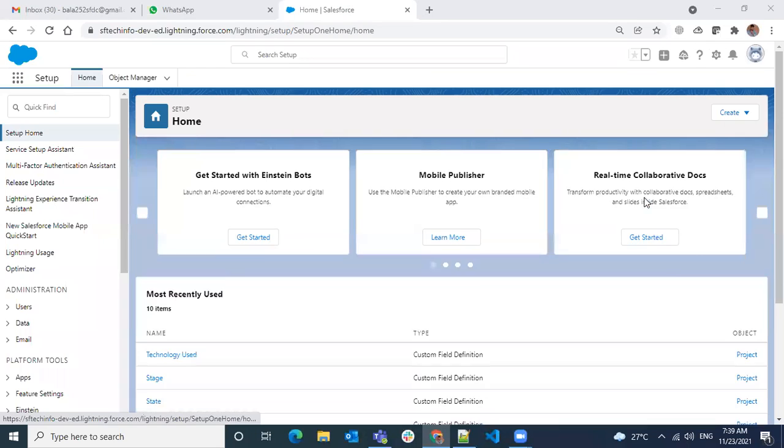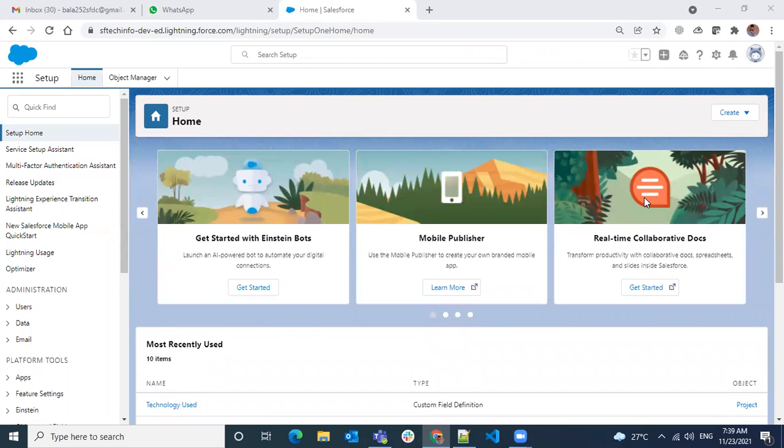So we have seen already a quick introduction on flows. I will just do a recap. Flows, basically, when initially launched in Salesforce,